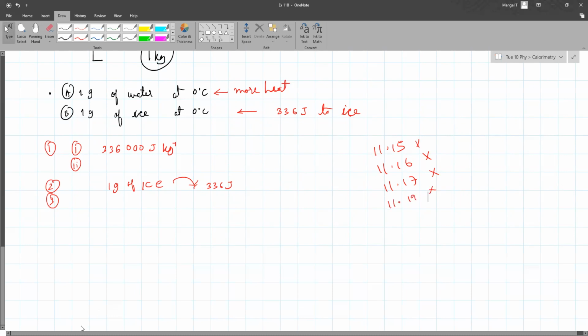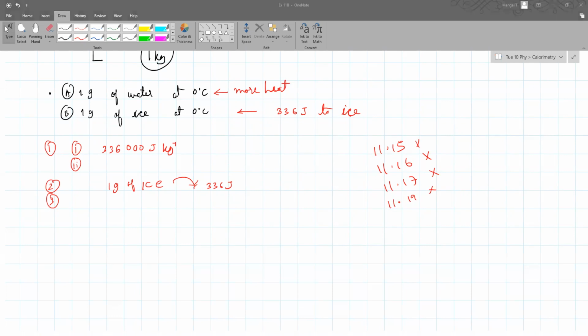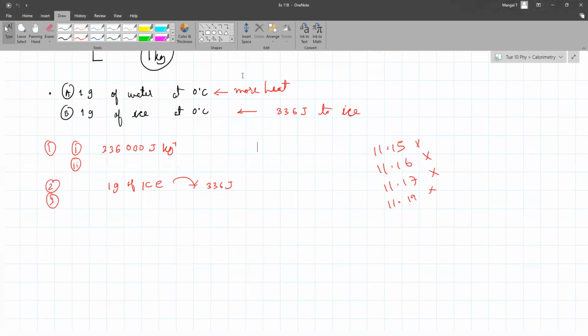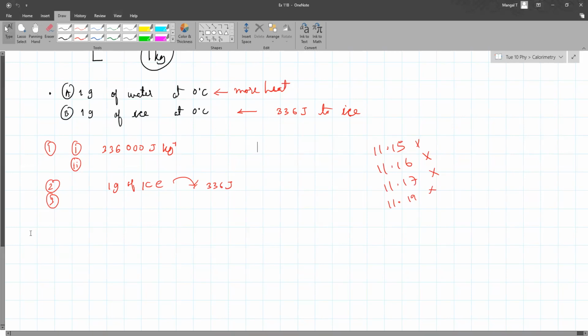So like I told you, we only have the cooling curve. That is something which is very clear in the syllabus also. Only the cooling curve is included. And in the syllabus, it says cooling curve of water. So we have to be careful about that. It can be of any other substance also. That's fine. They will give you, for example, if I ask you,